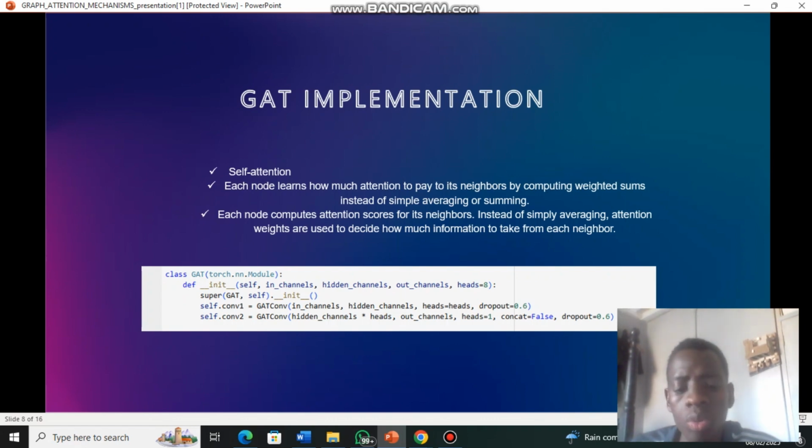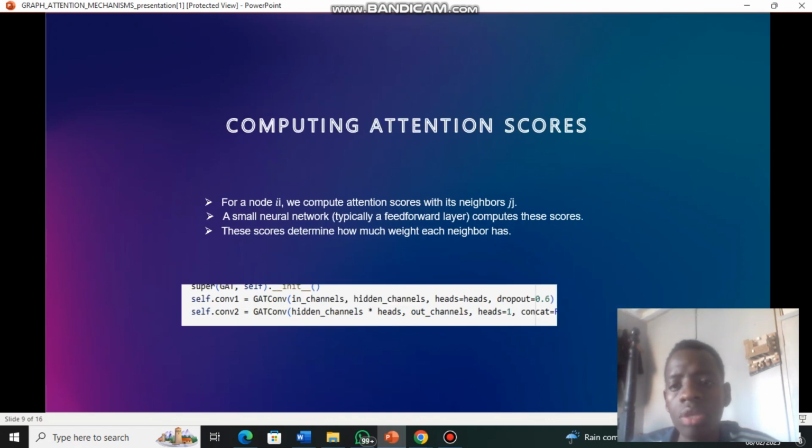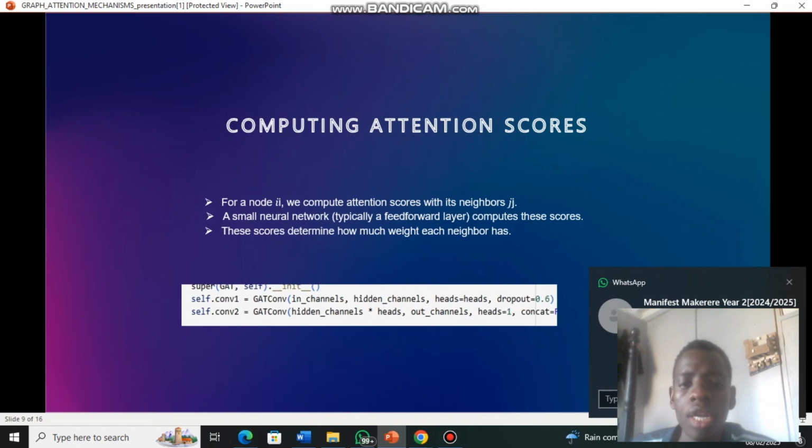To move on to the second slide of the implementation, we shall talk about computing attention scores. Here, for each node, we compute the attention scores with its neighbors, using a transformation and then a small neural network, typically a feed forward layer. It computes these scores, and then these scores determine how much weight each neighbor